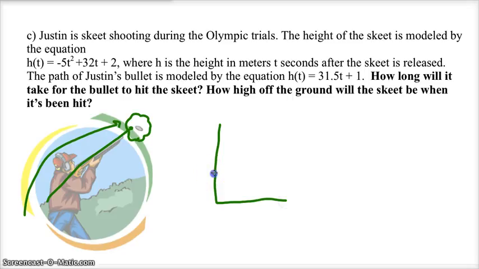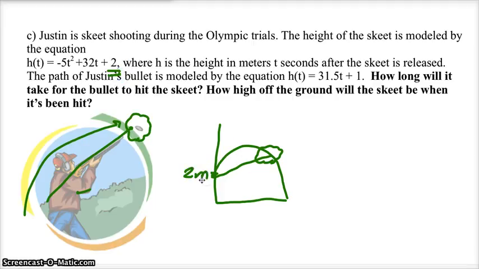So the skeet gets catapulted up, but at the same point, the shooter is standing with his rifle, and he's trying to shoot in that linear fashion. So we want to see where they're going to meet. The curve is -5t squared plus 32t plus 2, where h is the height in meters after t seconds. So that 2 says that it's starting at 2